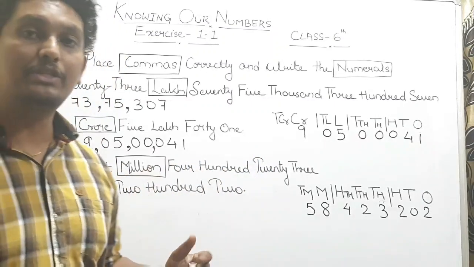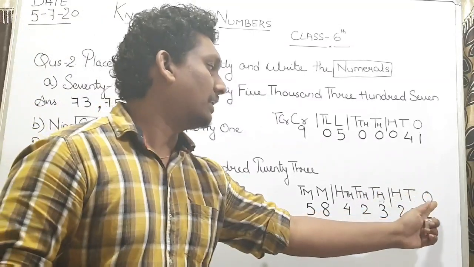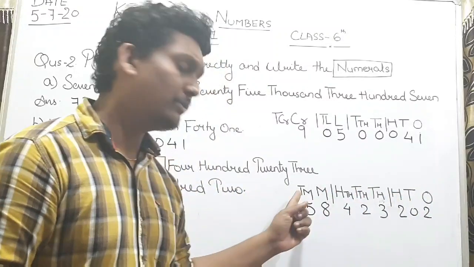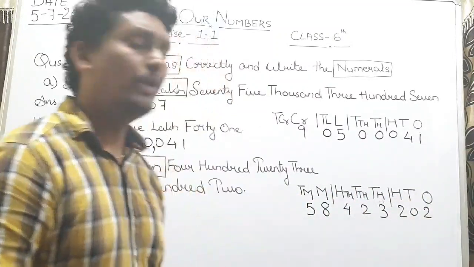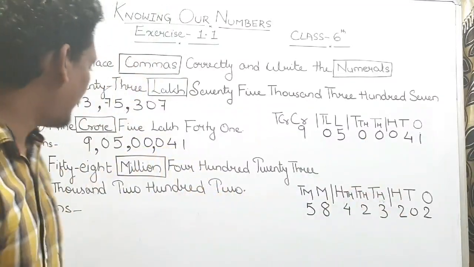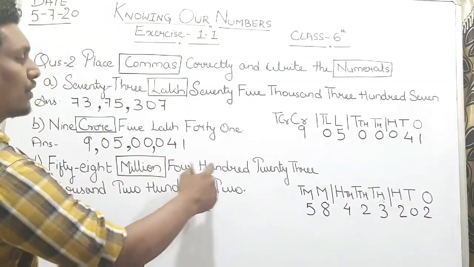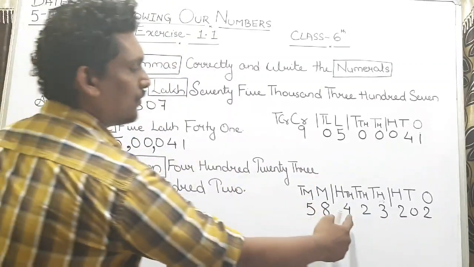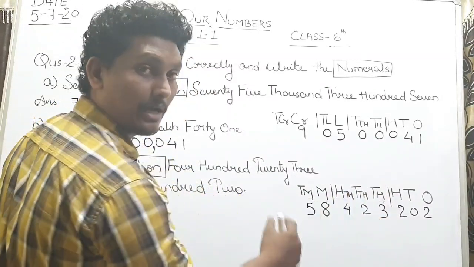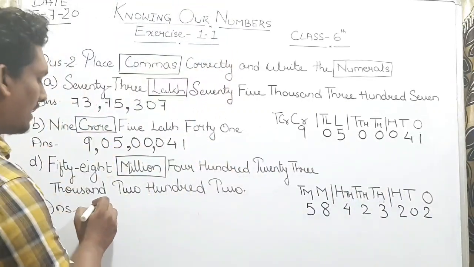First, we have to find out in which system it will come. So million is here; it will come in international system. Then just with the help of the pencil, write the place value system. Okay. Then what you have to do? Just put the number below the places, right? So here 58 million. So here it is 58. 423,000. All this 3 section will come in 1000. Then 202. So this is the answer.